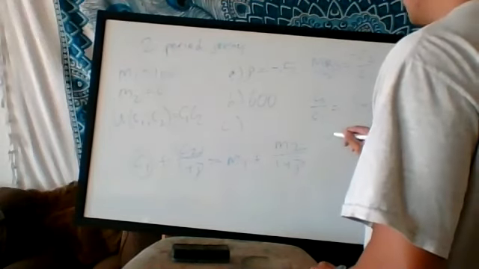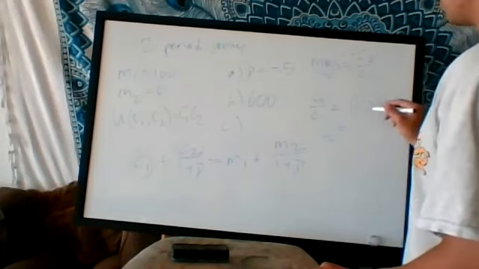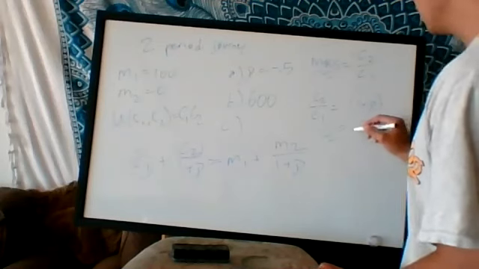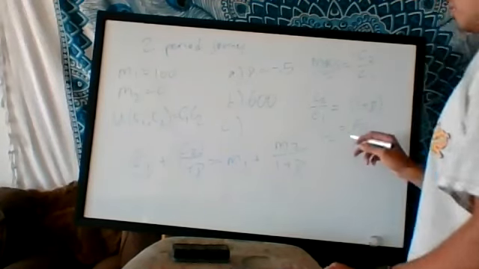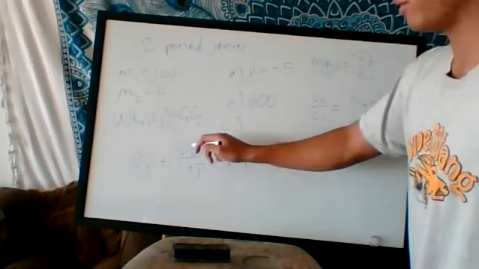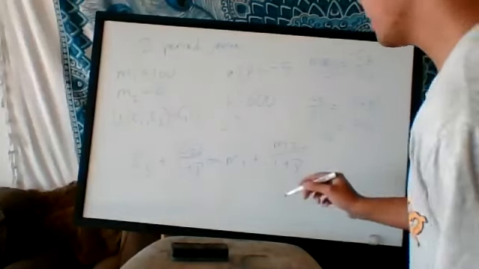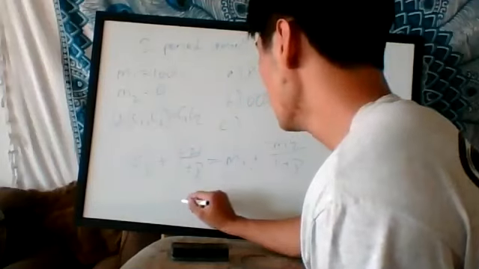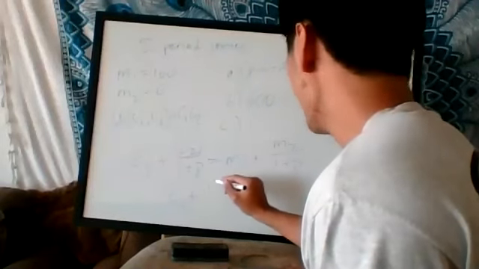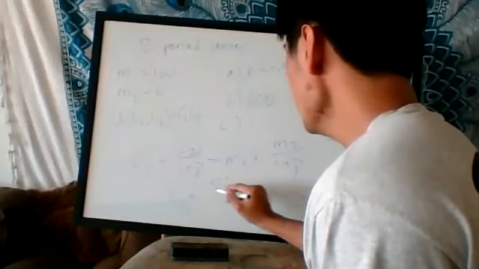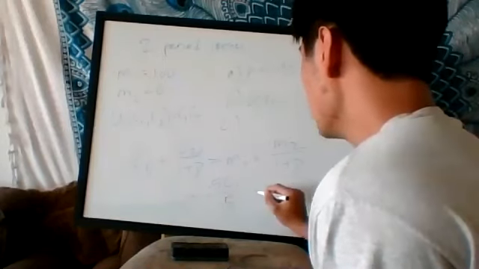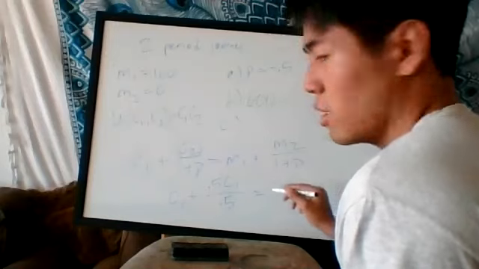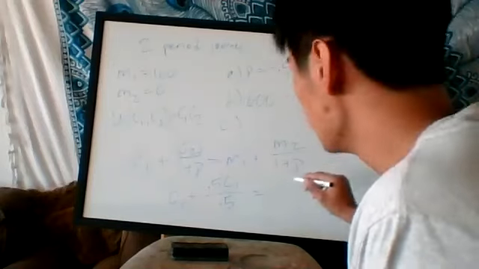And so C2 is going to be equal to 1 plus rho, which is 0.5, so C2 equals 0.5 C1. Now we can plug this information into here, and we get C1 plus 0.5 C1, where 1 plus rho is also 0.5, is equal to M1, which was 100, I believe. Yeah, 100,